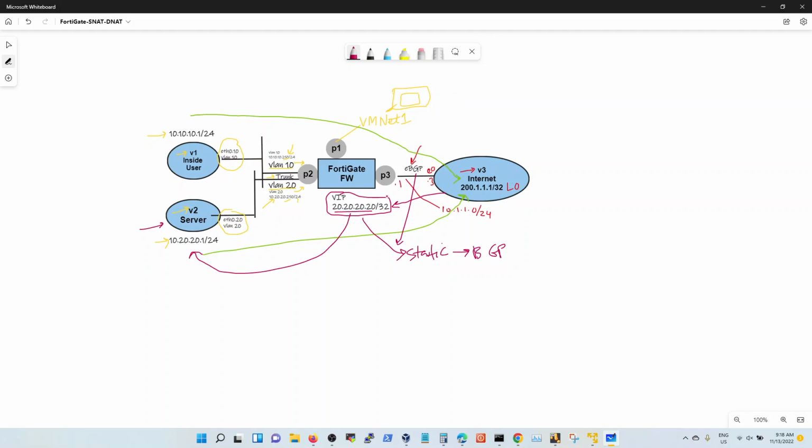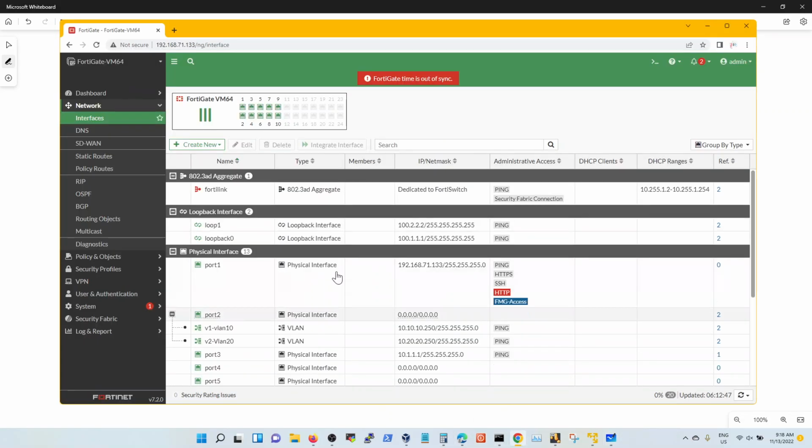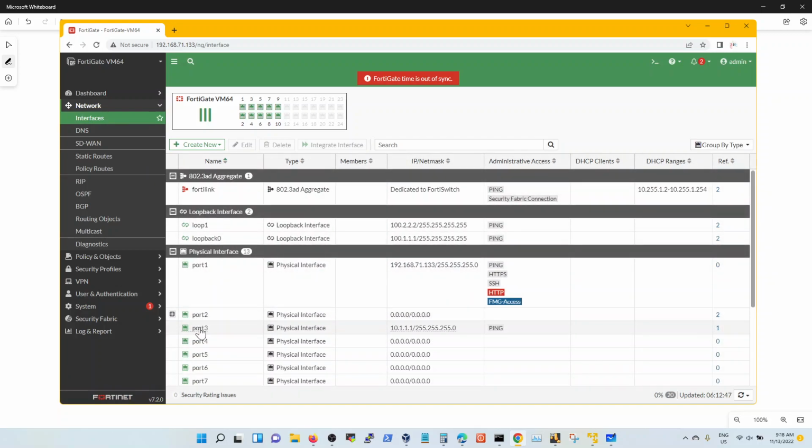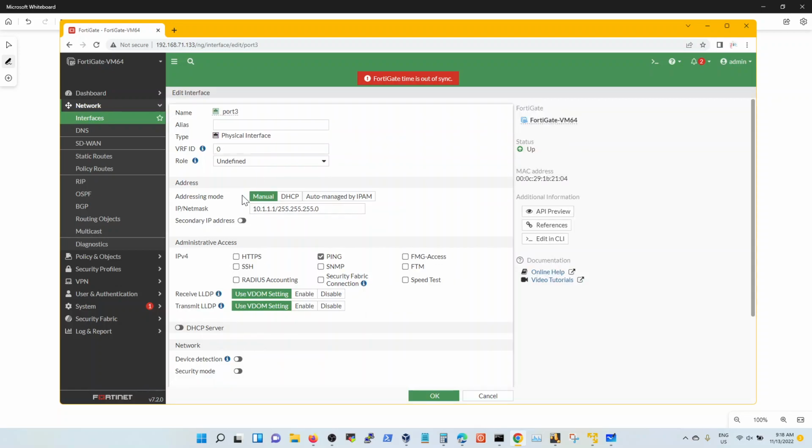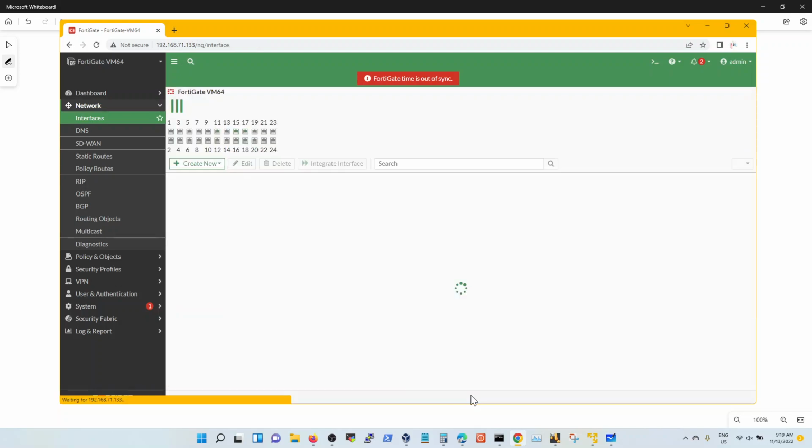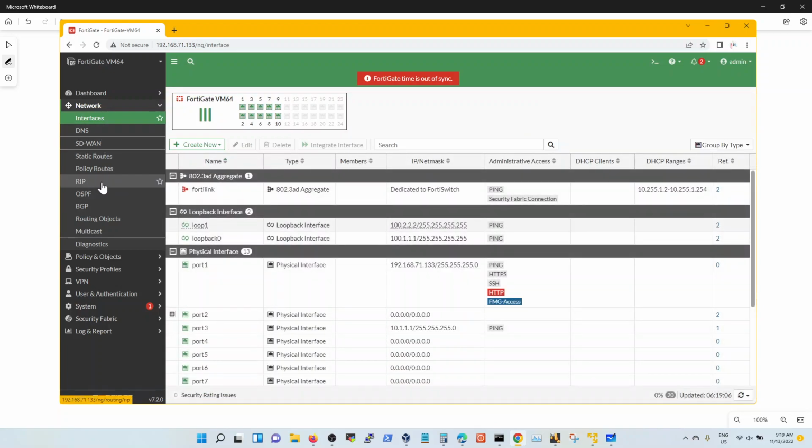Okay, so now let's look at Fortigate with the source NATs first. That's all your firewall policies. So you've got your ports configured. Your port 2, port 3 looks like this. Simple. Look in the configuration. It's got the IP addresses, physical addresses, and ping enabled for it. That's about it. Now you go to the policies,